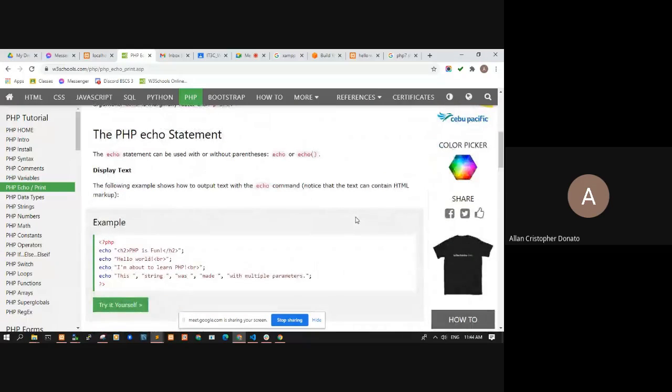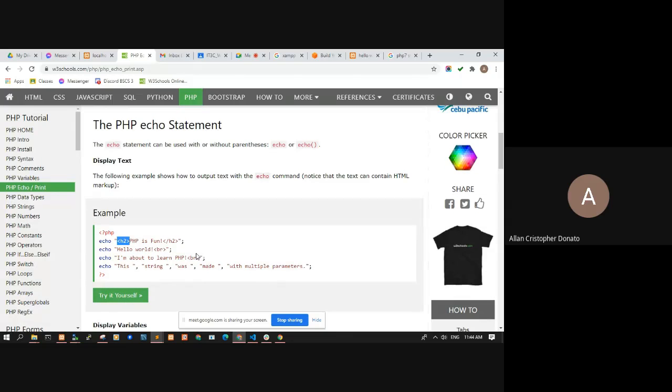So here's how to use echo. Here are the examples. So echo here. Take note that you can also echo HTML tags. You can echo JavaScript statements. You can echo CSS classes.